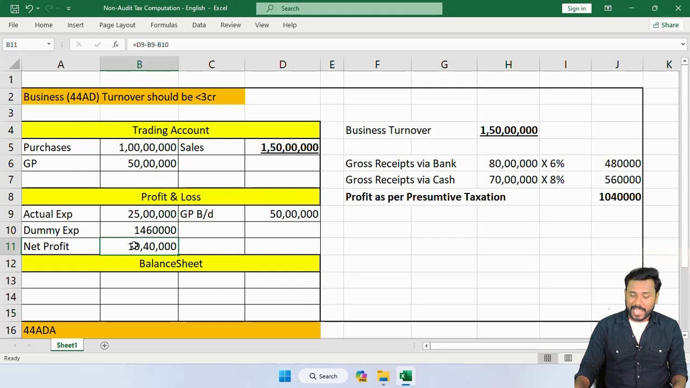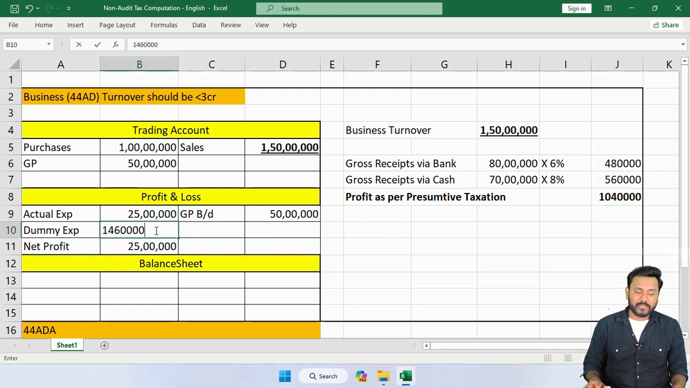So they will just match profit as per the presumptive taxation scheme. Or else your client will ask you, sir, as per book of account, the profit is 25 lakhs. How come you declared only 10 lakh 40,000? So you will not have an answer. So you need to book additional